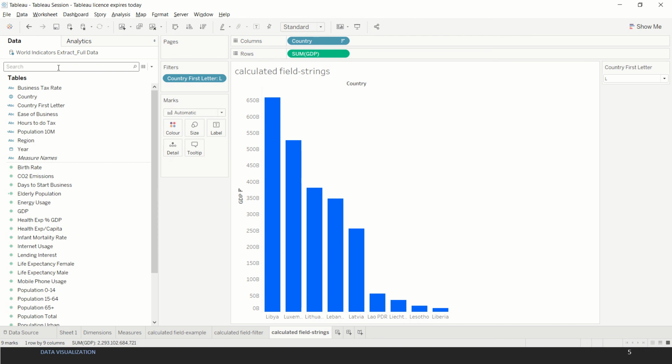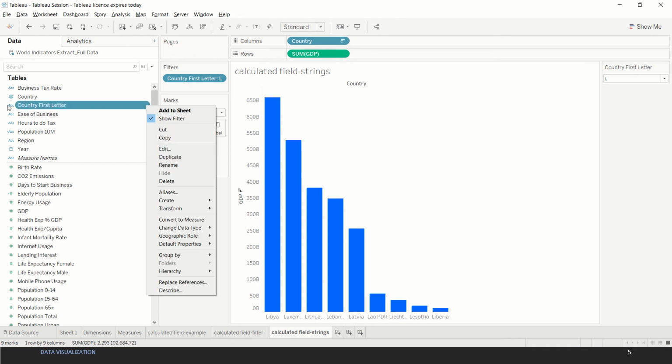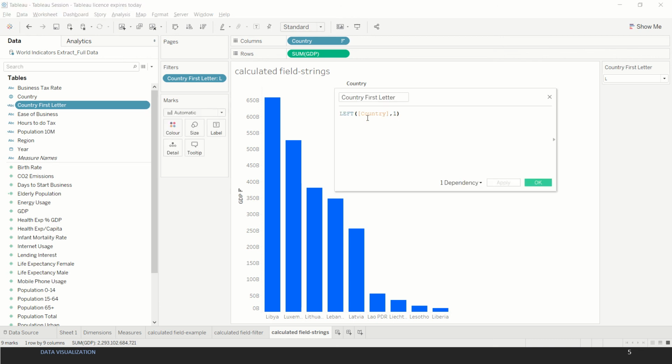For this we have used country first letter as a calculated field. Note the equal-to ABC sign over here. Now if we go to this field, it says LEFT. So basically we're taking from the field country one character from the left.